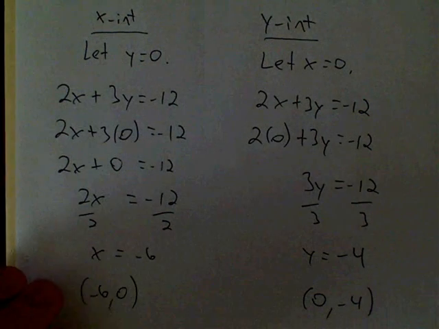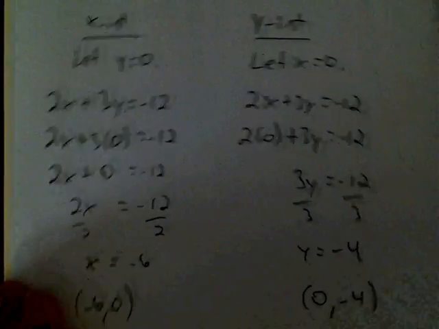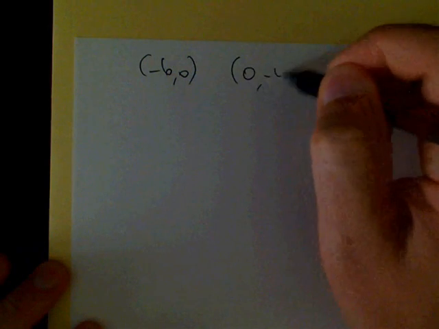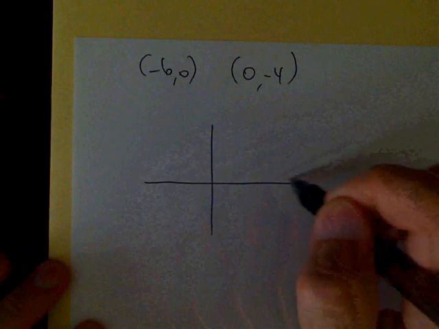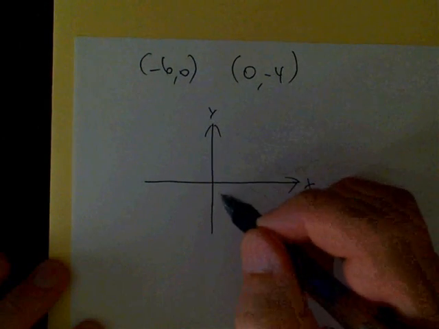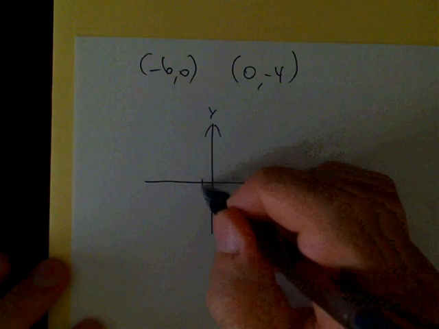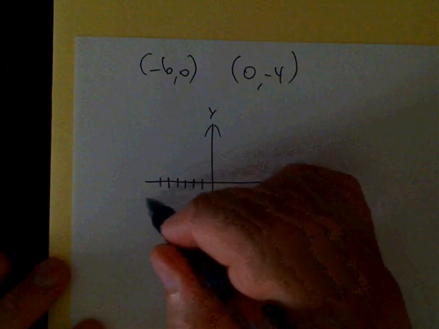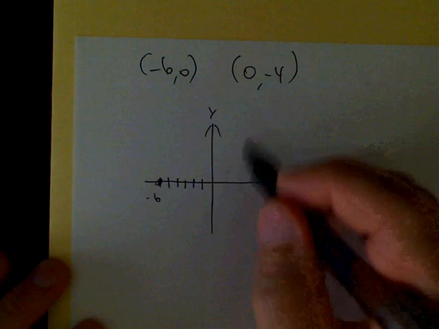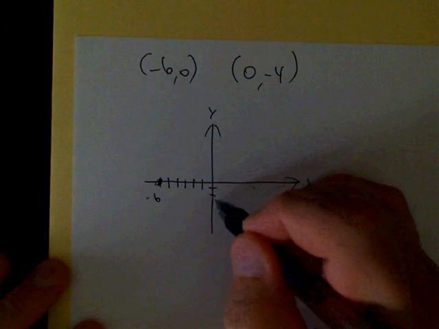Now we're going to graph. All we're going to do is take those 2 points that we found, -6, 0 and 0, -4, and we're going to use those 2 points to graph. All we need is 2 points. -6, 0 would be 1, 2, 3, 4, 5, 6 to the left, and stop at 0. -6, 0. 0, -4, since x is 0, y is -4, we're going to go down 4 places on the